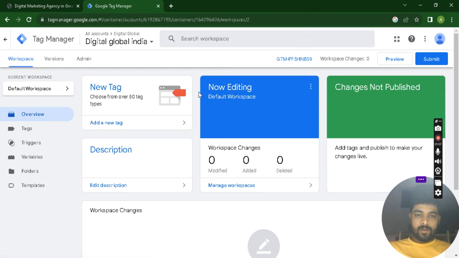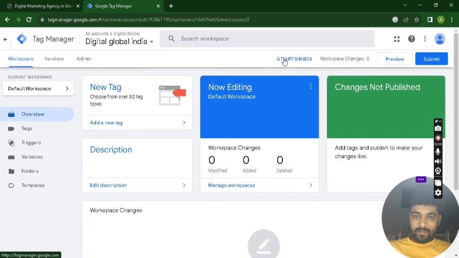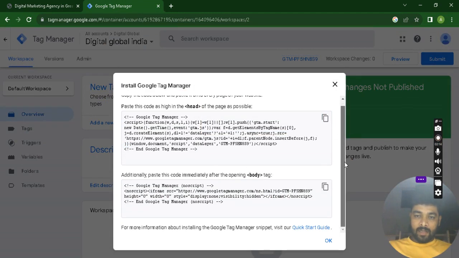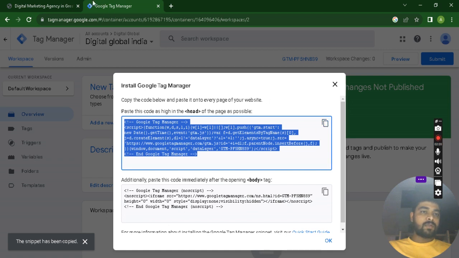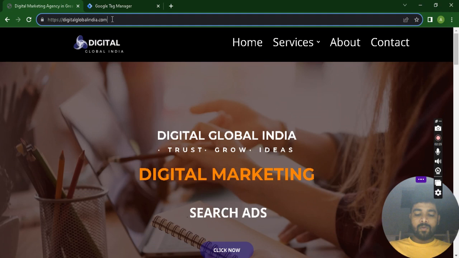Okay, here we are on the Google Tag Manager dashboard. So let's get that code. Simply you just click that one here, GTM something like that. So here just click that one and you will get the code. Here that code you should put on the header, and that code you should put on the footer. So we'll just copy that code simply and go on our website, Digital Global India